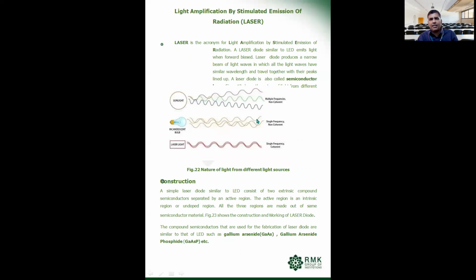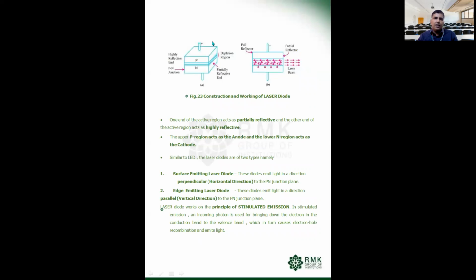Sunlight will contain various energy, and different lights or different colors are produced. An incandescent lamp produces a single frequency, but it is not coherent. But in the case of laser light, it is going to be very, very coherent. So in terms of construction, there is going to be a main difference between a PN junction diode, a Zener diode,